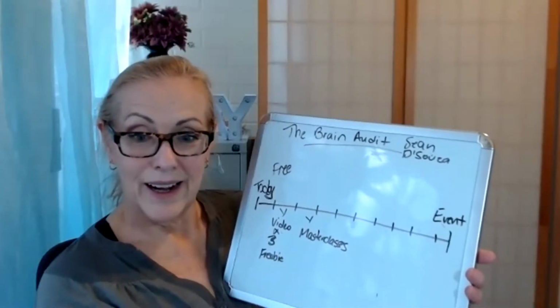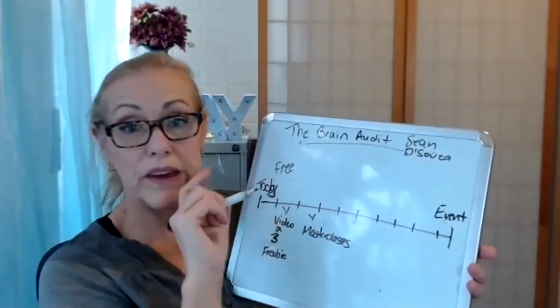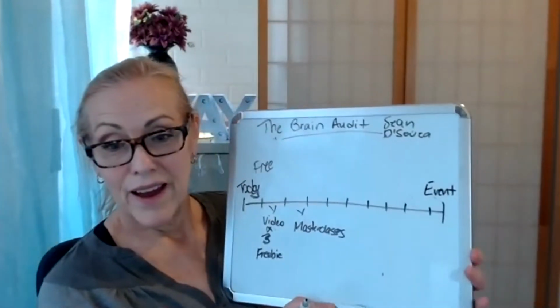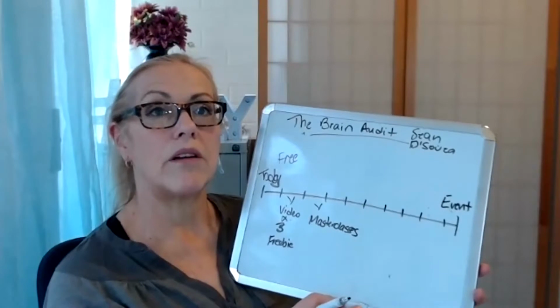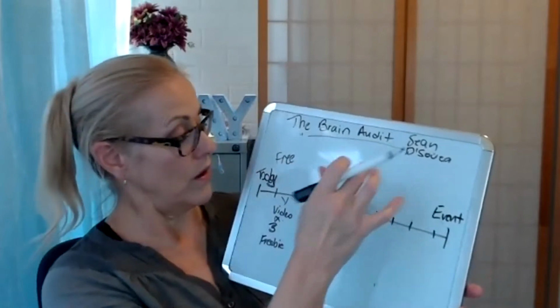Not properly, but she's done all of my programs. She's done my 12-week one-on-one, some one-on-ones just because she was having problems with things, and she's done my workshop. So she's done everything. Then talk to her. Read The Brain Audit. It's got templates in there that you can use. It also tells you how to get really good testimonials, and how to address objections people would have in the material that you do. It's a really great resource.